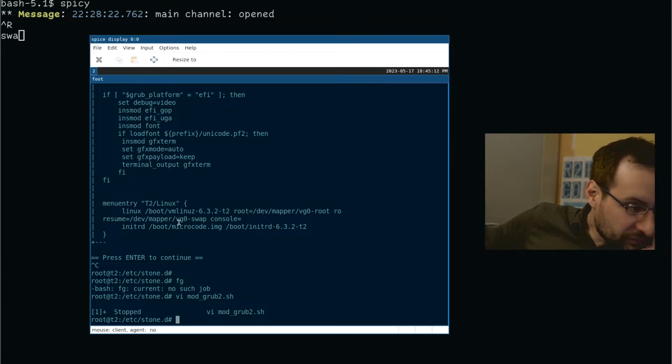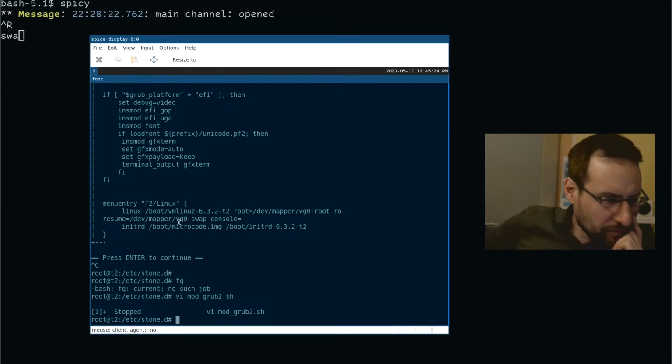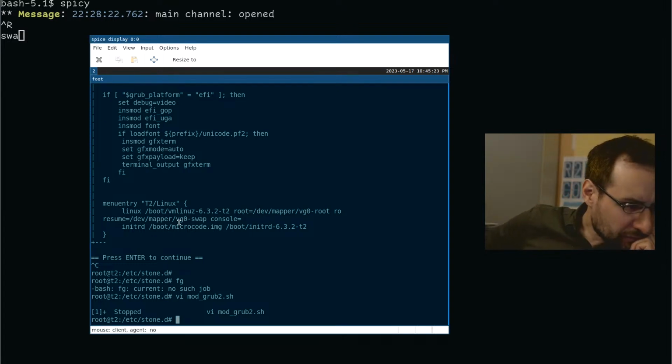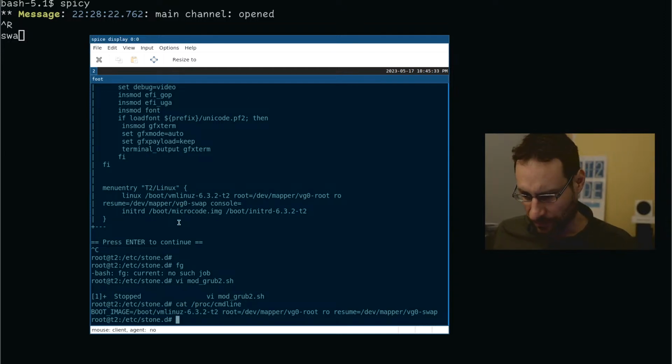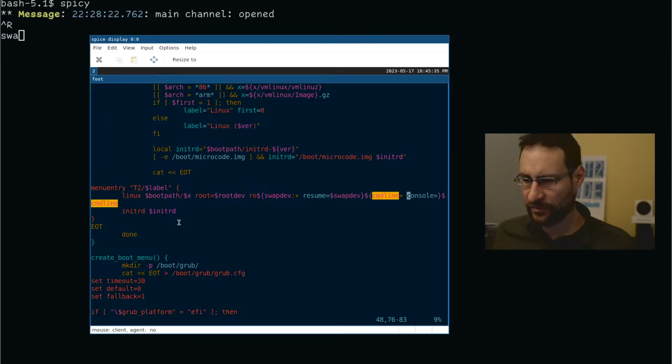Problem is console is empty in proc command line already. That's why it's empty for test output as well. No, the problem is console equals empty in proc command line already. That's why. Wait. No, this is not empty.